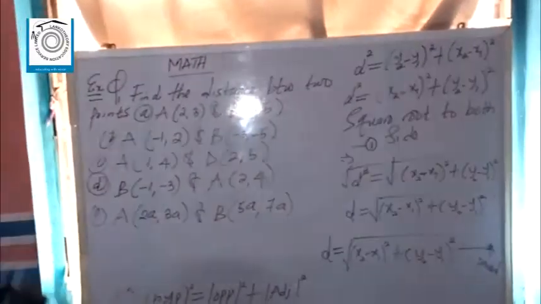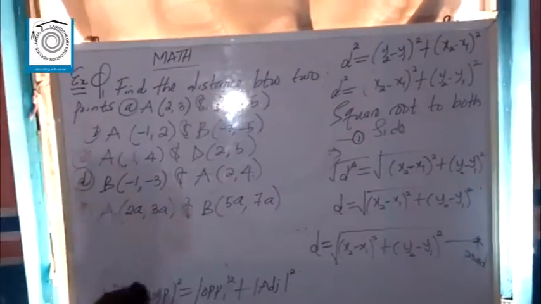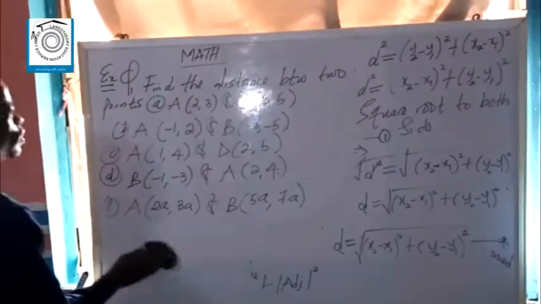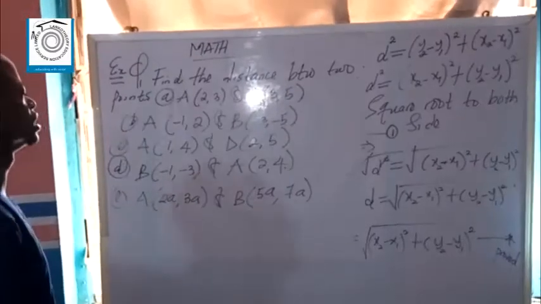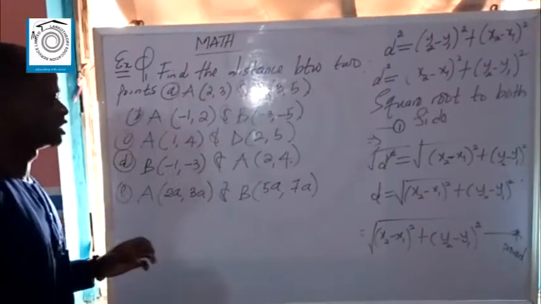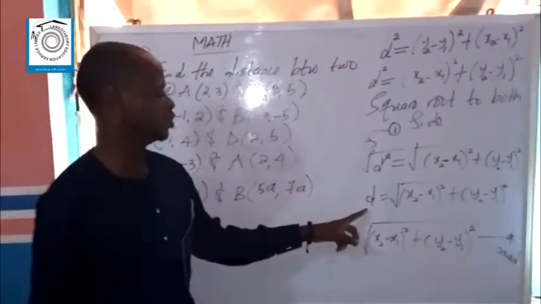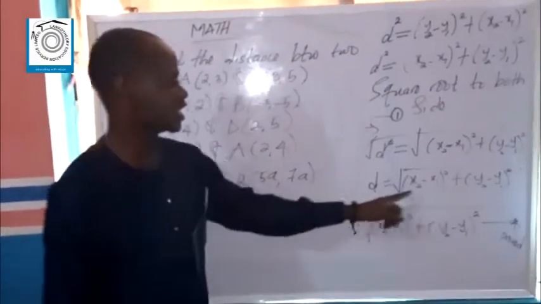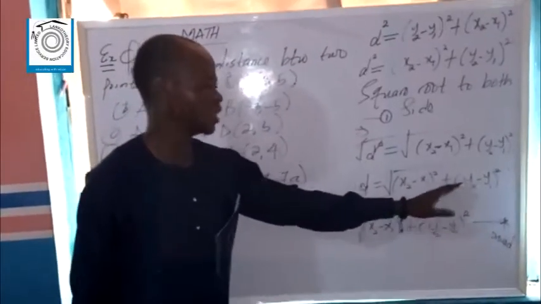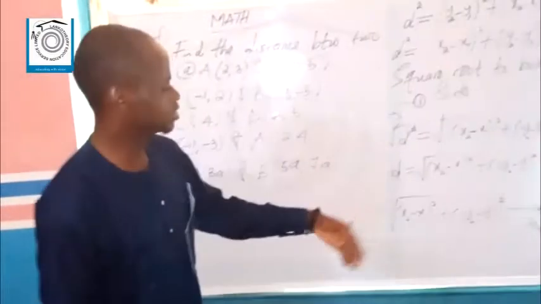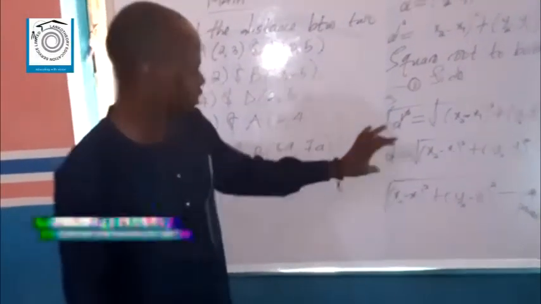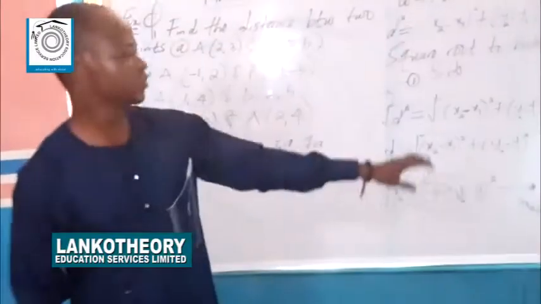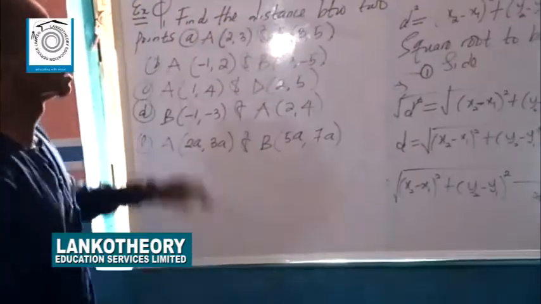So we have to determine the distance between the 2 points in the following coordinates. So we have the point A, which is 2, 3, and we have the point B, which is 3, 5. There's nothing difficult in this. Then you just put this formula into your memory. Distance between the 2 points is the square root of x2 minus x1 squared plus y2 minus y1 squared. This has already been proved, but eventually you should be able to know how to put this formula in memory. So once this formula is in memory, all these equations are solved.